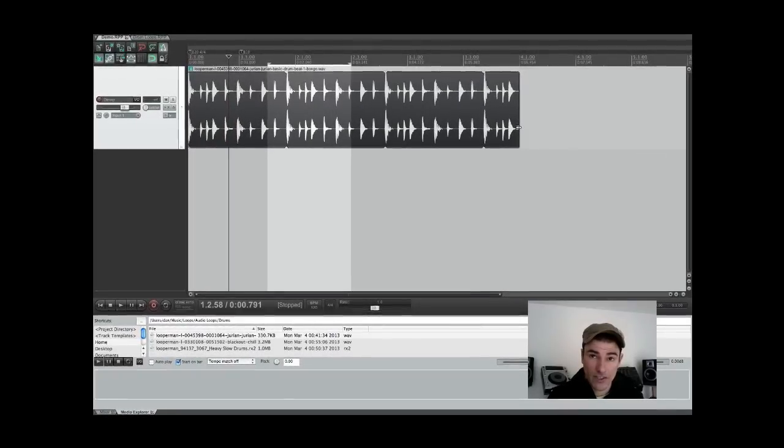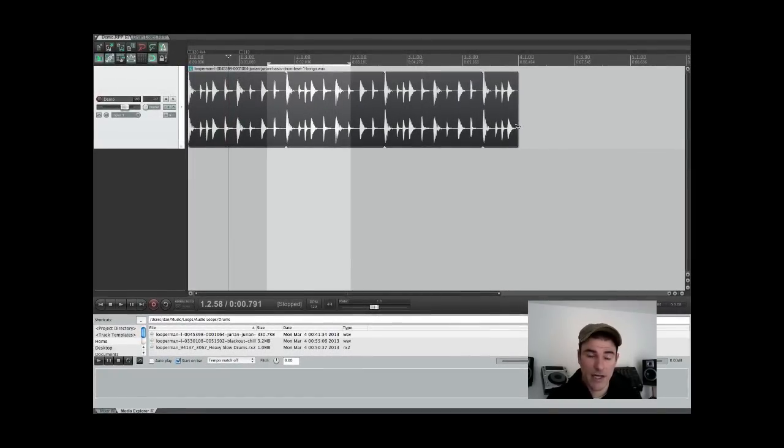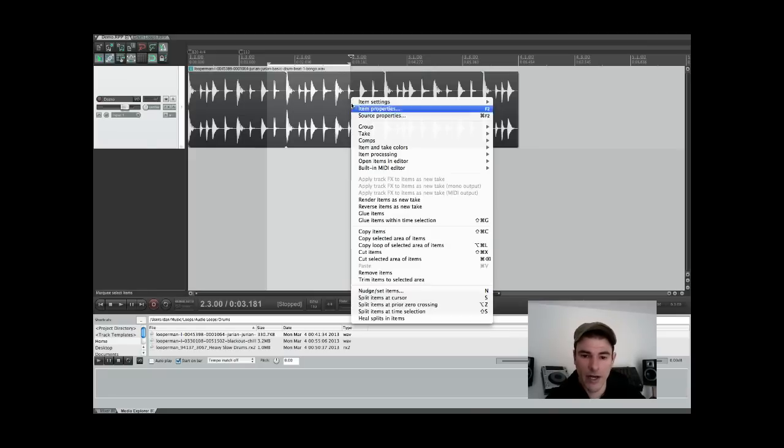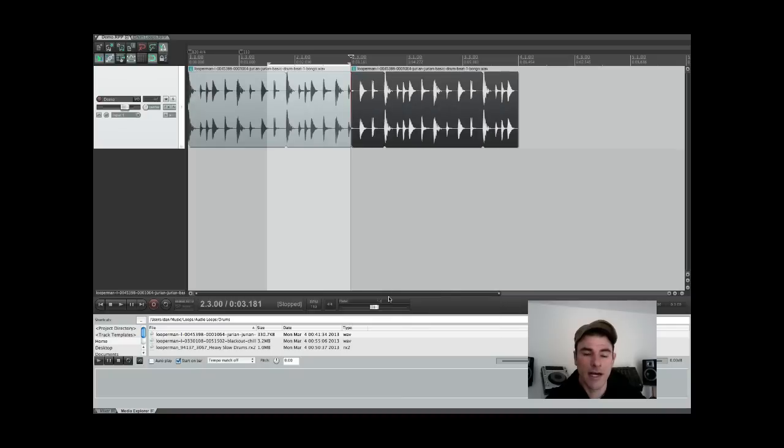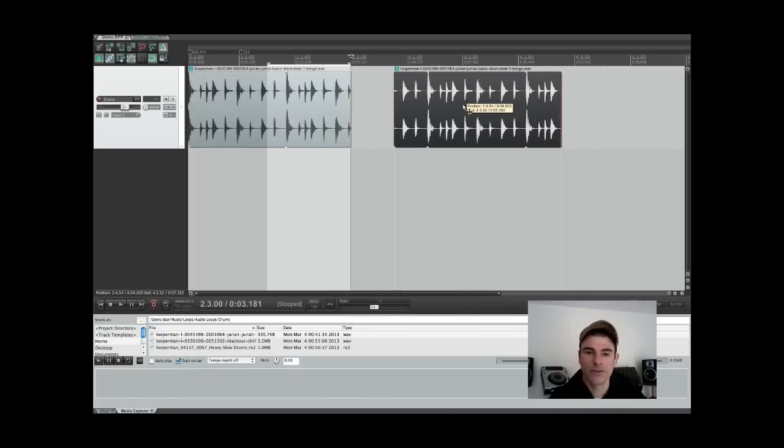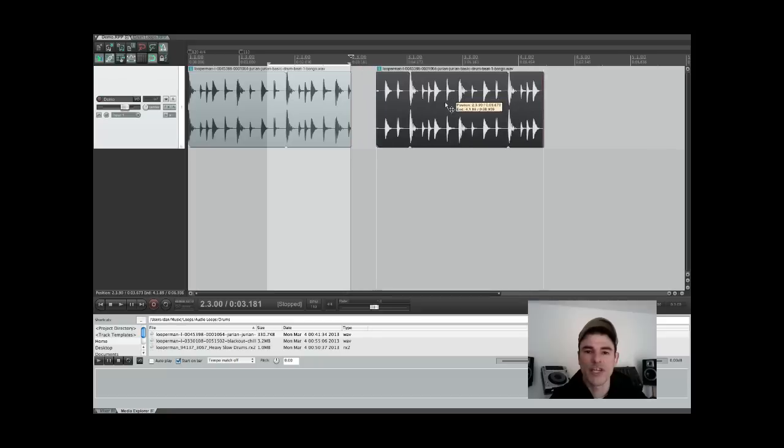And the second task I'd like to talk about is separate, just like cutting with scissors. To do this in Reaper, you can just select a time area, and then if you right click you get these options. I'm going to go down to split items at cursor. The shortcut for that is S, and click that. Now what this does is actually just cut a line, so you've got two separate regions that you can edit